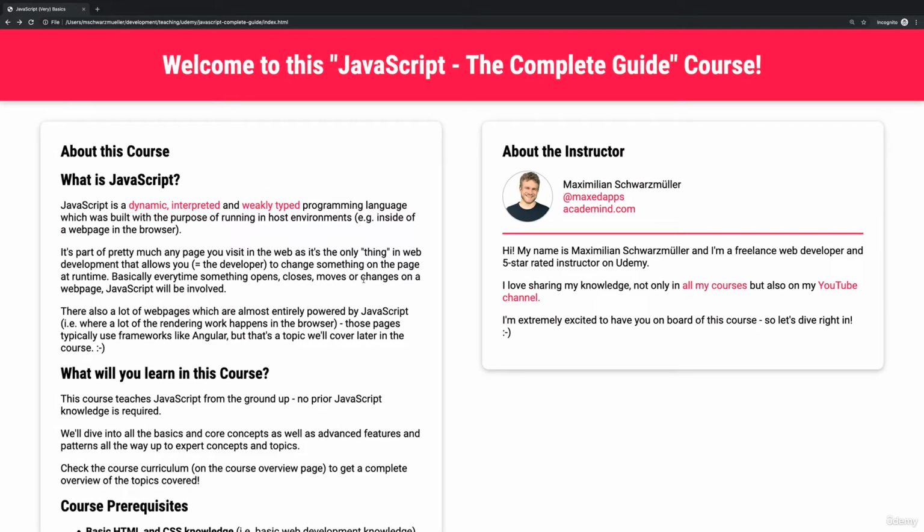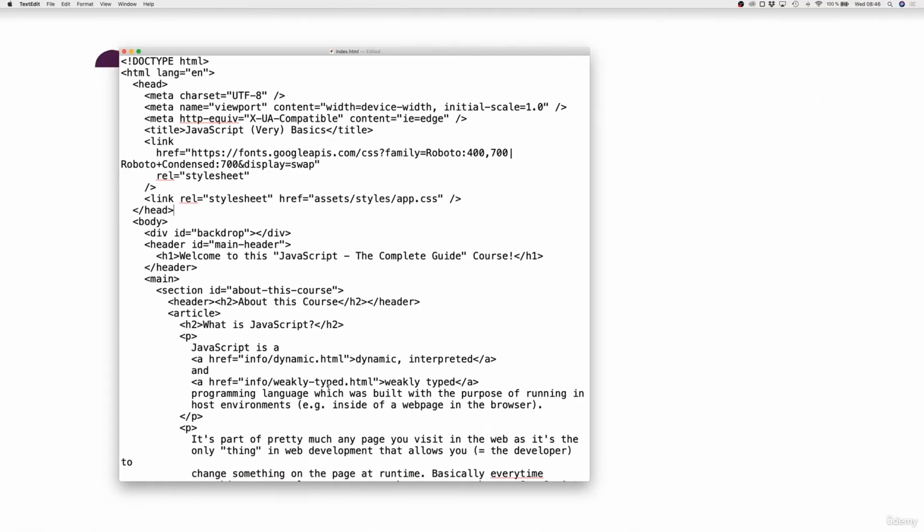So we kind of need to tweak the existing HTML code, this code here, which was loaded by the browser, whilst we are on the page. So without loading a new HTML file. That's the idea, and that is where JavaScript can help us and why JavaScript was invented and why it is